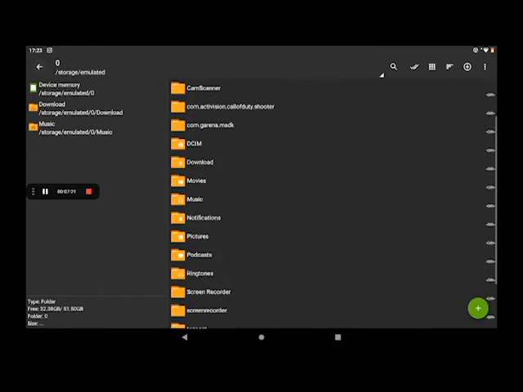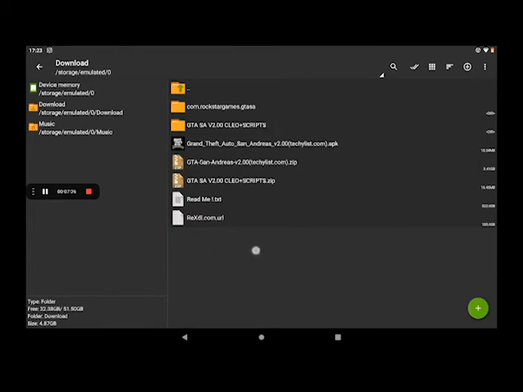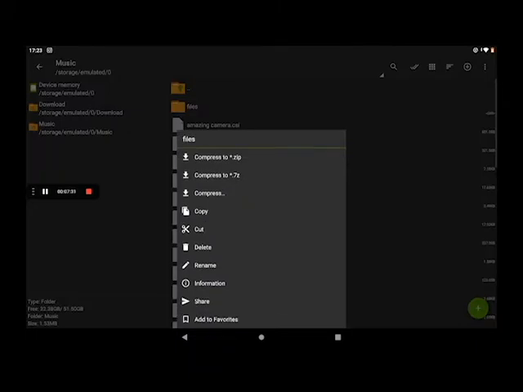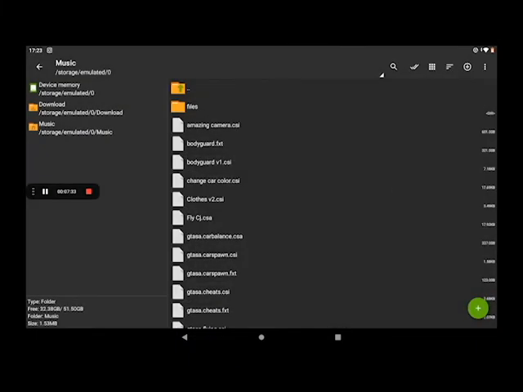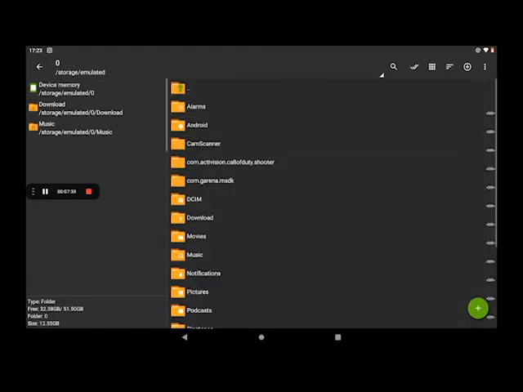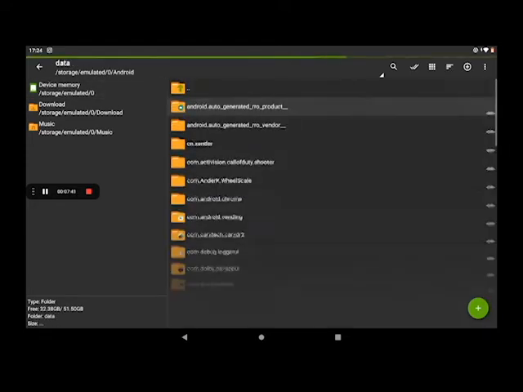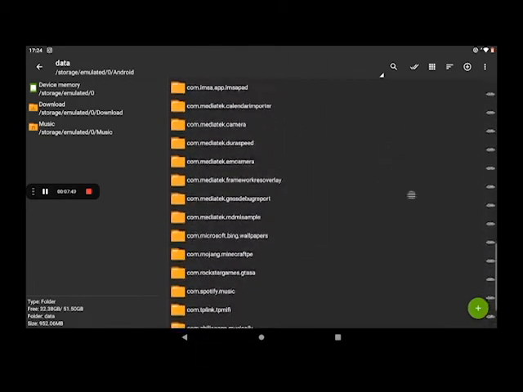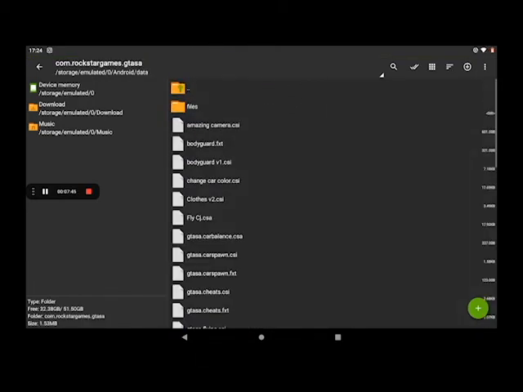What you're going to have to do is, it will be in download. It's going to be here called files. You have to long press that. Then you are going to have to cut it. I already did, I don't need to cut. Then you are going to have to go to device memory, Android, data, and then you have to paste that file in the com.rockstar folder, the file which you renamed. Don't paste it in OBB. You have to paste it in data and then paste that files there. Then you are all good to go.